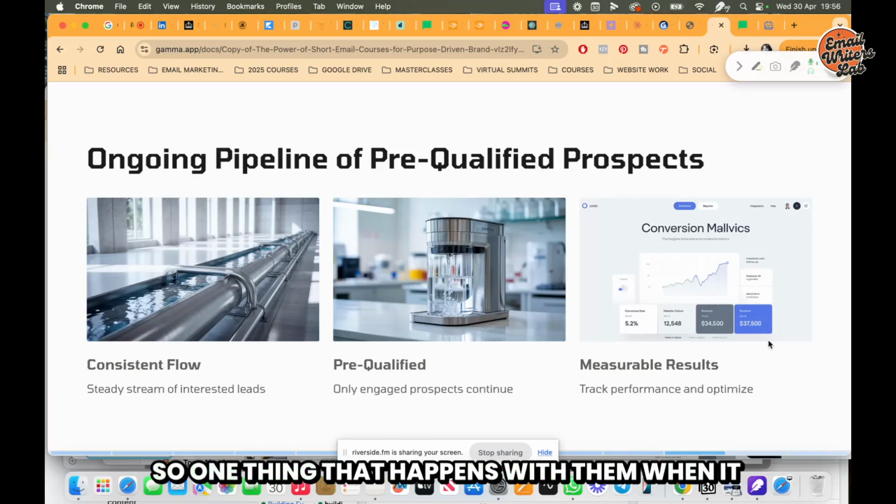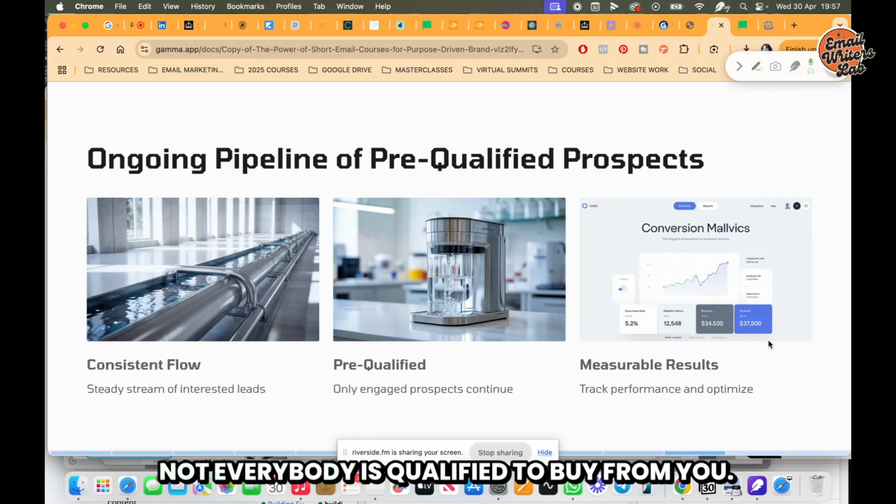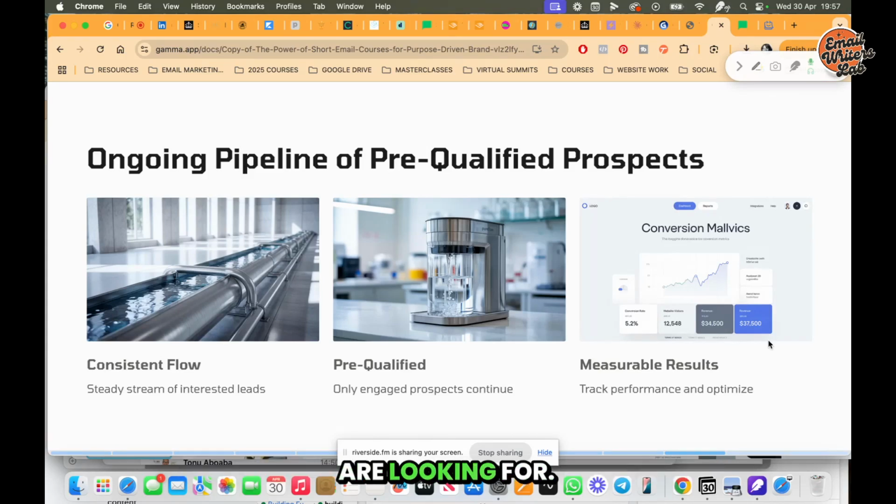So one thing that happens when it comes to sales is that you need to qualify people. Not everybody is qualified to buy from you. We've been talking about that all along. Not everybody is your customer. Not everybody fits the criteria that you are looking for. But if you have this